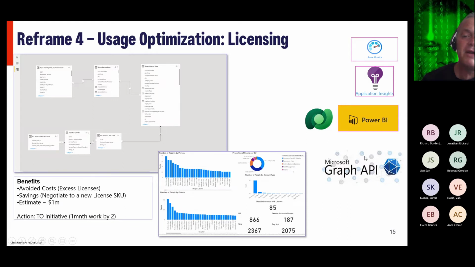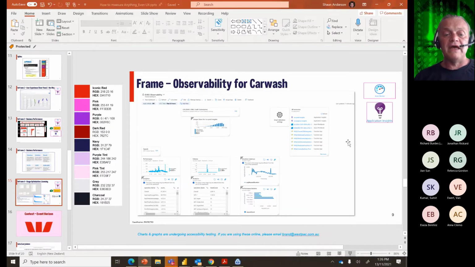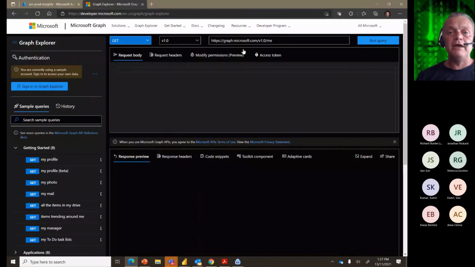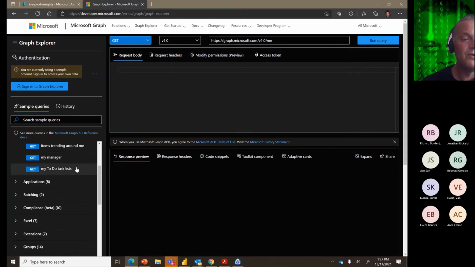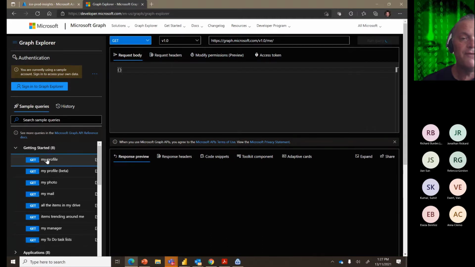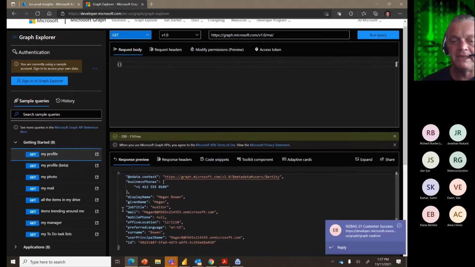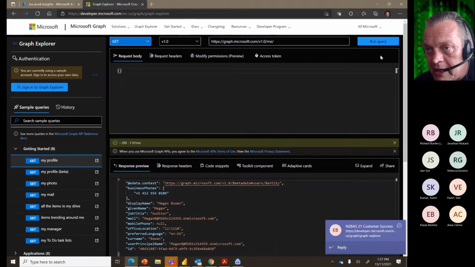If you're not, check it out. You can go to quite a cool graph interface. Not sure whether everyone's familiar with it. You can go to what's called Graph Explorer, and you can see, so, my profile. This is obviously just test data, not wanting to go into actual